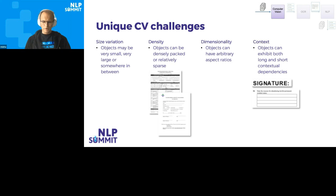Also, bounding boxes that we wanted to identify had different aspect ratios. Sometimes they were squares, sometimes they were rectangles. For checkboxes, they were perfect squares, and so on. And another complexity that we needed to solve from the computer vision perspective was that these bounding boxes depended on long contextual dependencies. The signal indicator, for example, the signature bounding box, could be at the top of the document, and we also needed to identify it correctly. So, on the next slide,